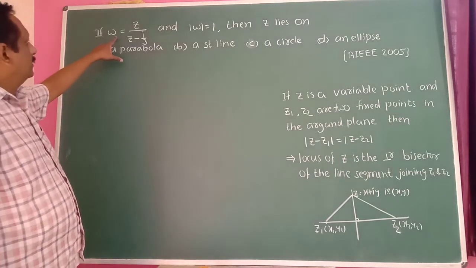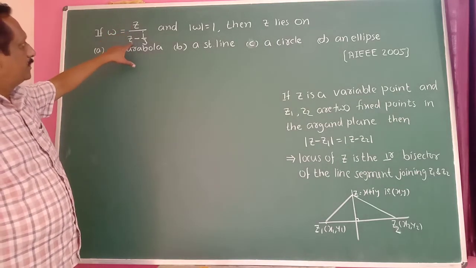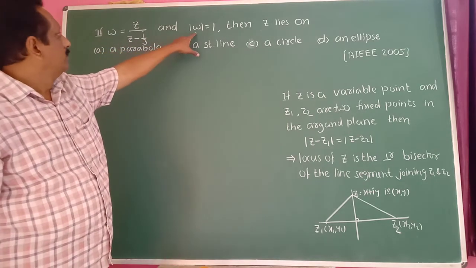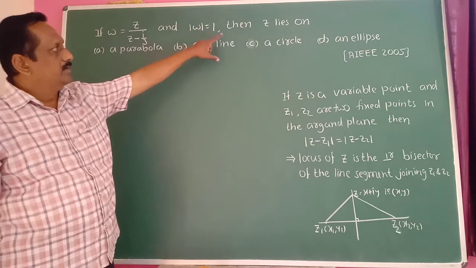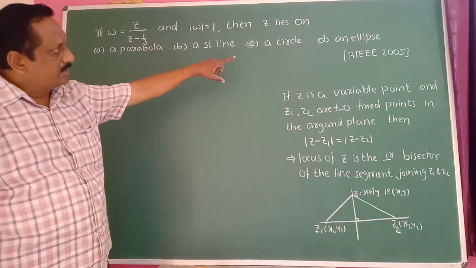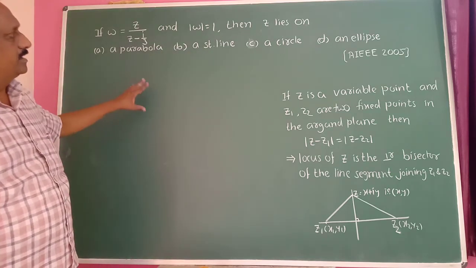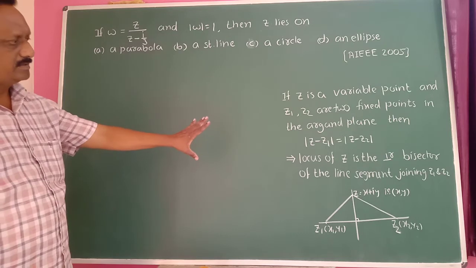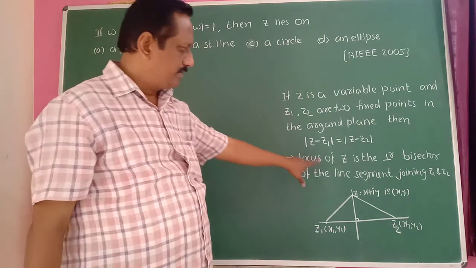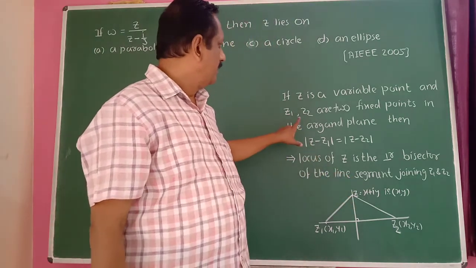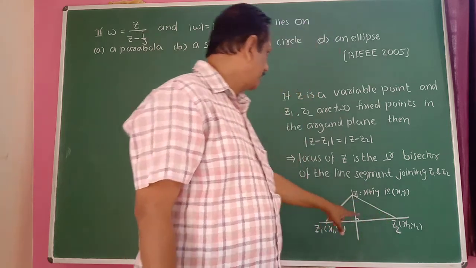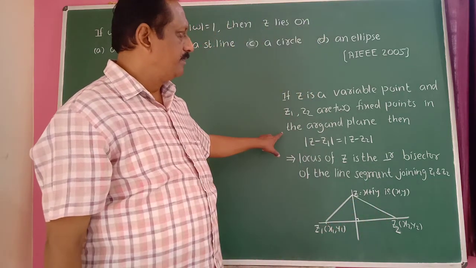If omega is equal to Z divided by Z minus i upon 3 and modulus of omega is equal to 1, then Z lies on a parabola, a straight line, a circle, or an ellipse. This example depends upon this theory part here. If Z is a variable point and Z1, Z2 are two fixed points in the Argand plane,